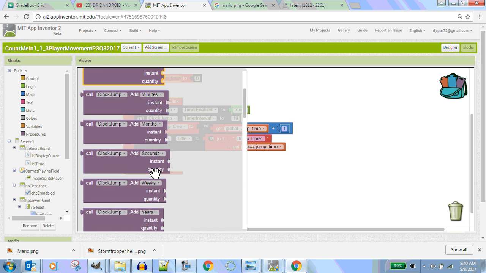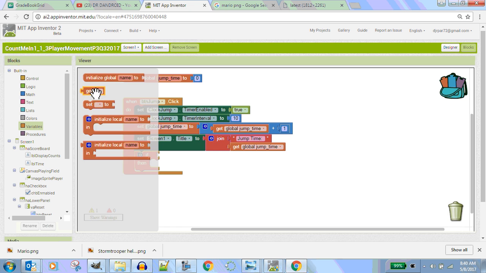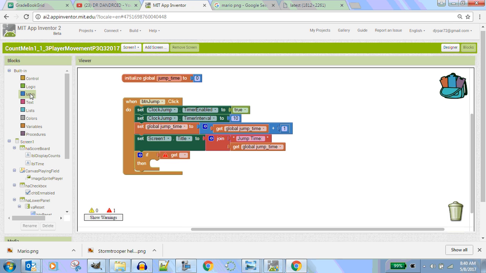If the clock jump time, no, my variable. So if the jump time is less than 100,